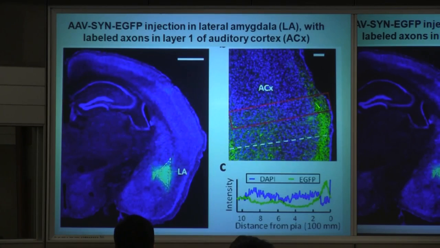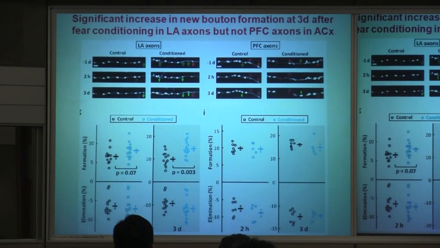This region of cortex is where we can image in vivo the changes in the synaptic structure. So we can image them and compare them with baseline. The same axon that comes from the amygdala, we can image the axon structure. Now the axon structure has this bouton. Boutons are swellings on the axon that form contact with the spines. So it's a presynaptic structure.